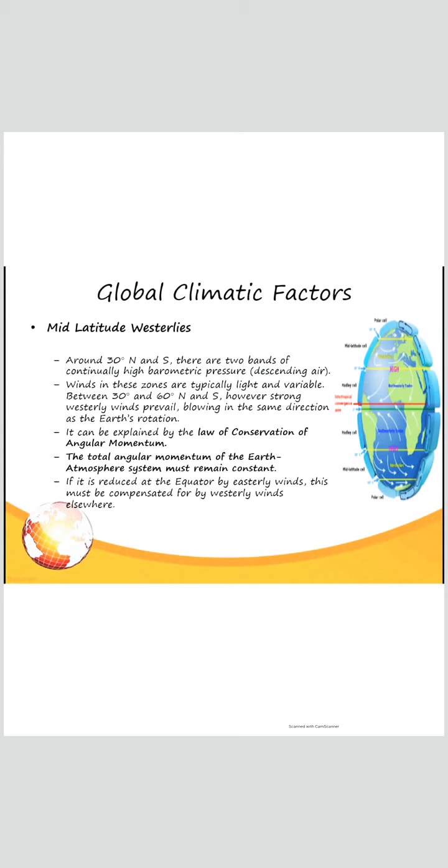Mid-latitude westerlies. Around 30° north and south, there are two bands of continually high barometric pressure. Winds in these zones are typically light and variable. Between 30° and 60° north and south, however, strong westerly winds prevail, blowing in the same direction as the Earth's rotation. It can be explained by the law of conservation of angular momentum. The total angular momentum of the Earth's atmospheric system remains constant. That is, if it is reduced at the equator by easterly winds, this must be compensated by westerly winds